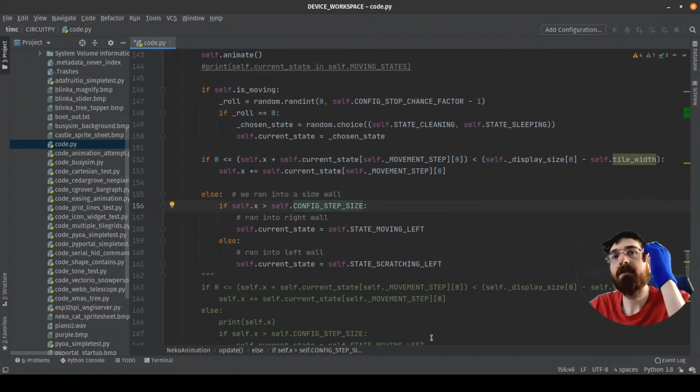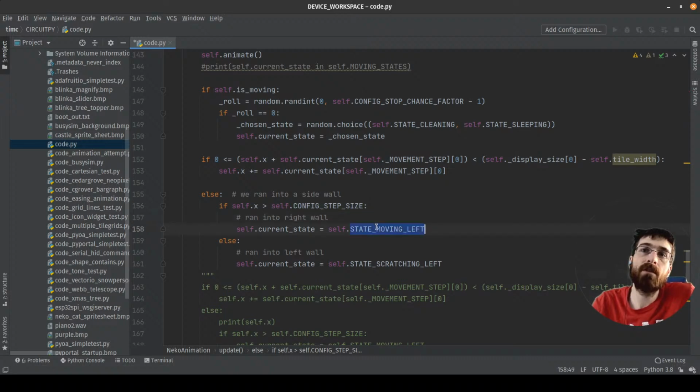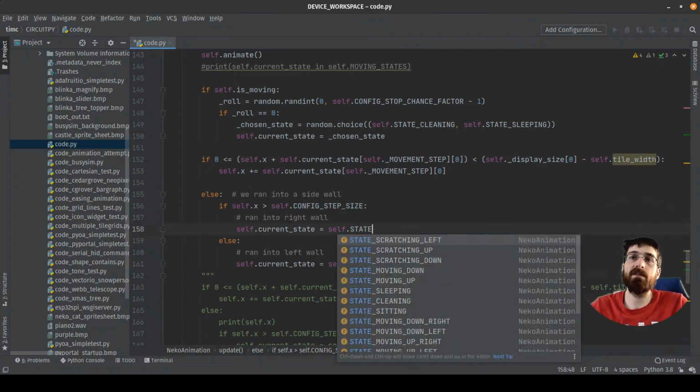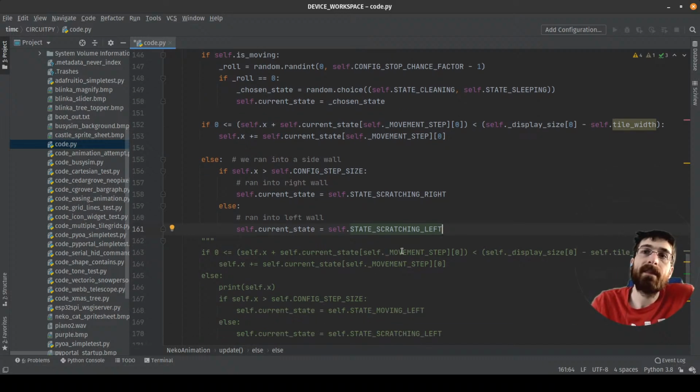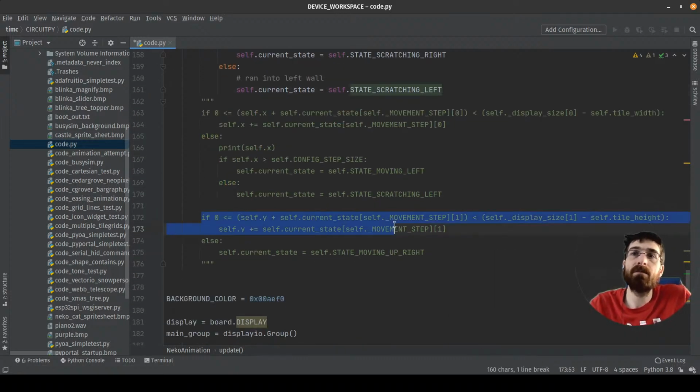So I think no matter which wall we run into, I want to scratch it. So if we ran into the right wall, we should set the state to scratching right. If we ran into the left wall, then we'll set the state to scratching left. We're going to have similar logic for